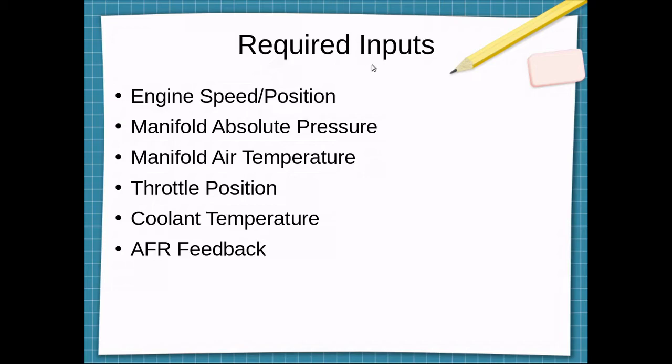Let's look at the required inputs. Engine speed and position is absolutely required. That's how the ECU will time the events, such as the injection and the ignition timing. Manifold absolute pressure and manifold air temperature are used by the computer to compute the manifold air density. This system will be set up to use a speed density